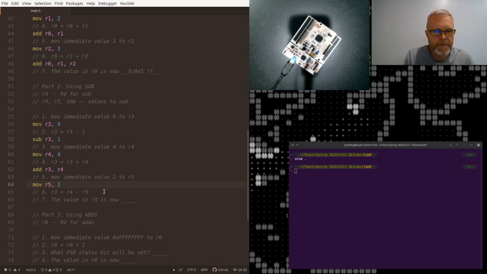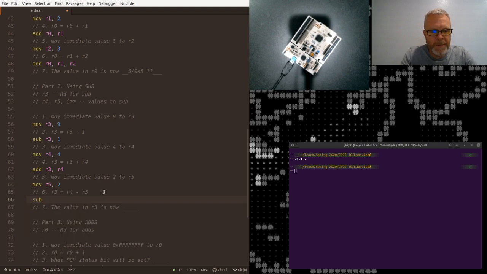Now I'm going to do another sub. So sub R3 equals R4 minus R5. And of course, you don't write the minus, you just put the arguments in place. Since these aren't the same, I can't reduce the number of arguments, so I just have to say R3 equals R4 minus R5. I'm going to do the same thing as I did before, which is to try to work